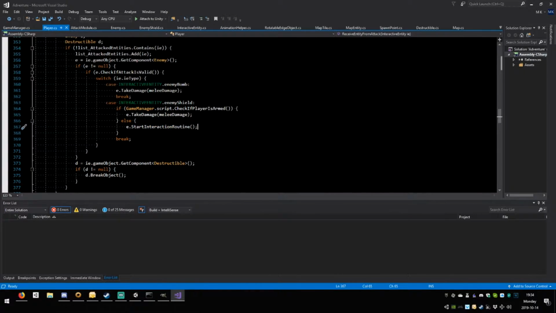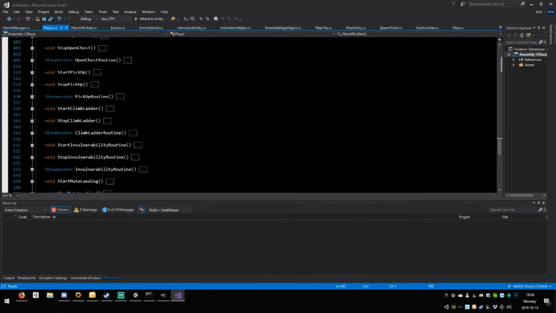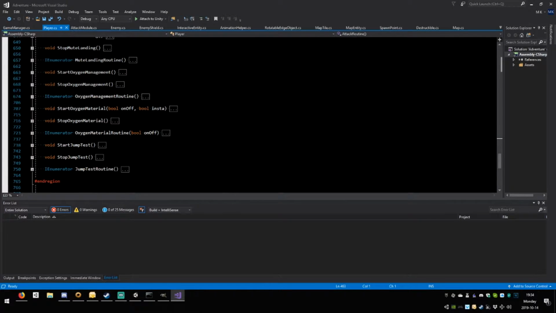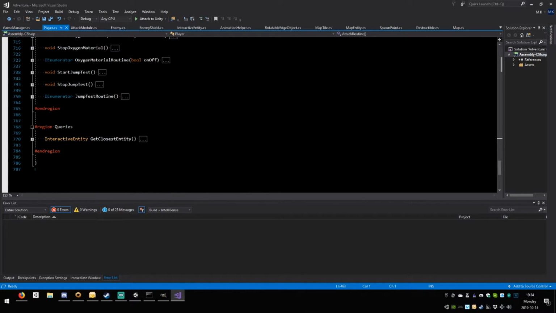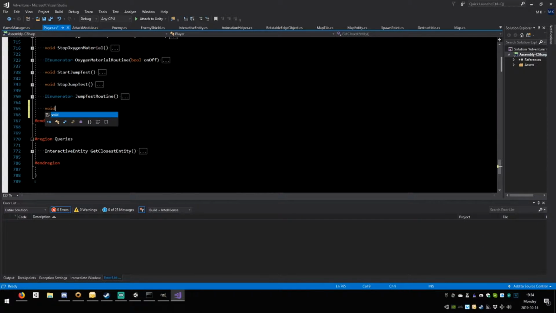Now we know it's an enemy shield, so we know what we need to do. We need to figure out what the various interactions are, and we need to create one new system here to do this. So I would say void start